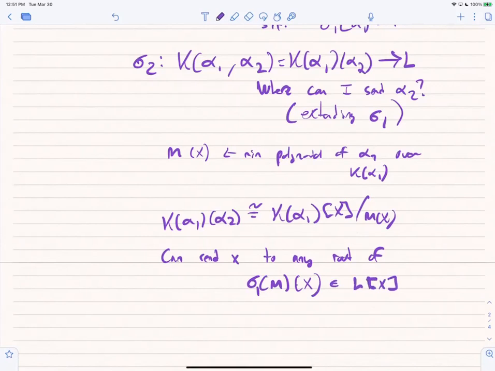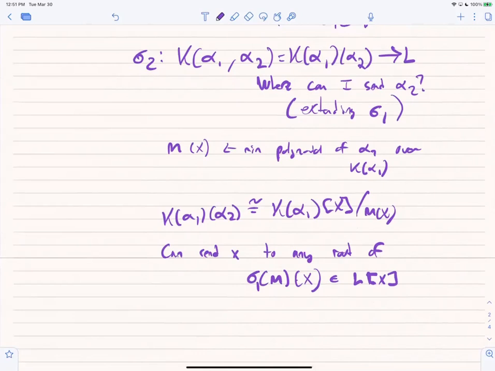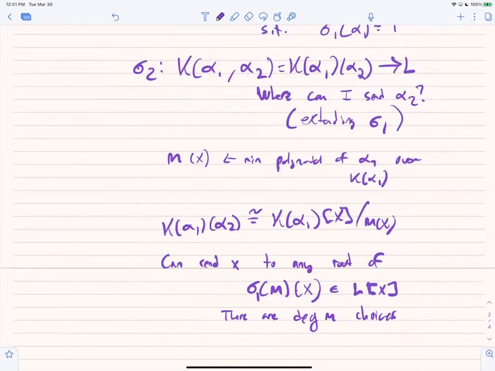The point is, again, there are going to be degree of M choices for this. I don't think I set this up in a great way to explain this, but this polynomial sigma 1 of M, just like M,